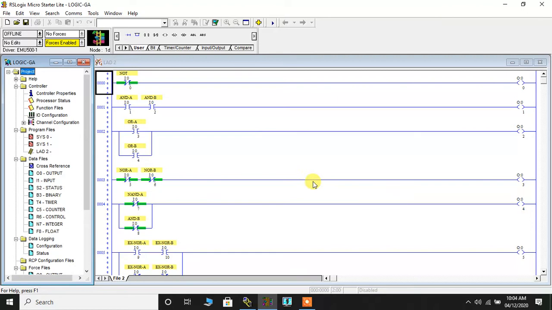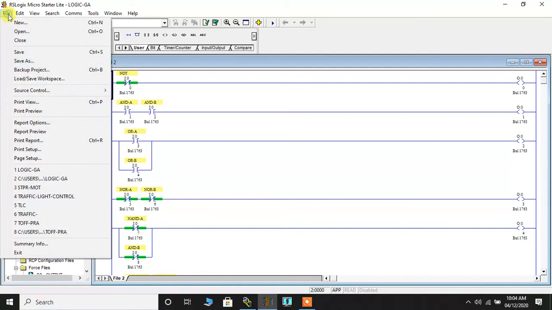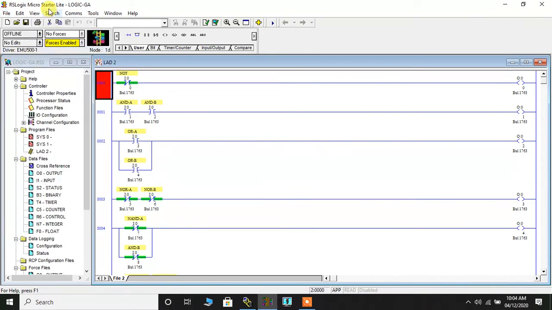Now in order to use it, first I'll have to verify this ladder diagram. That's a normal process followed whenever you open up a particular software to execute. Always verify that and then save. So I'll click on this tab which says verify project. So the project is verified, which is indicated here, verify is completed, no errors found. Then I'll go ahead and click on file and click on save. The moment I click on save, this is going to register the time